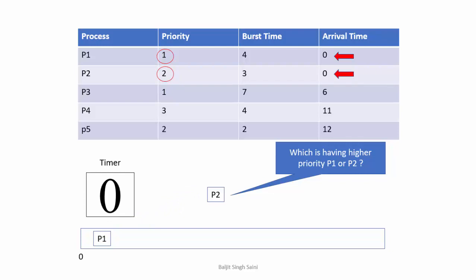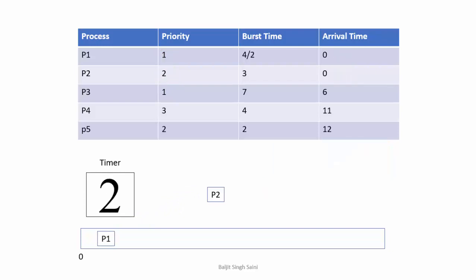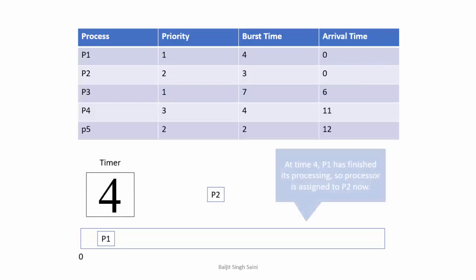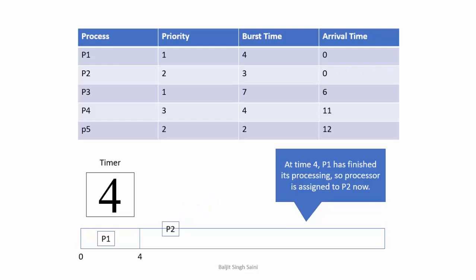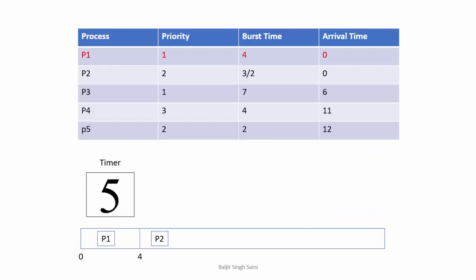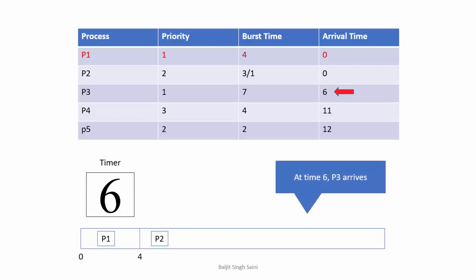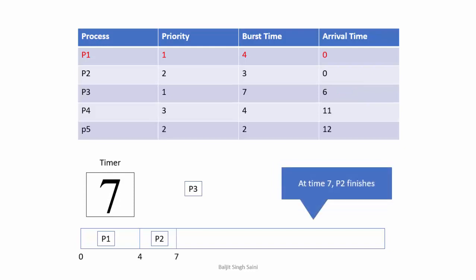So we are going to start with process P1. Now P1 requires 4 seconds to run. So for next 4 seconds P1 is going to execute. At time 4 P2 is the only process क्योंकि कोई भी और नया process arrive नहीं हुआ है till time 4. So the next turn is of P2. So while P2 is running, a new process P3 arrives at time 6. So we add P3 into the system. Since it is non-preemptive, so we need not to bother until P2 has finished. So P2 finishes at time 7. Since P3 is the only process, so we are going to start with P3.